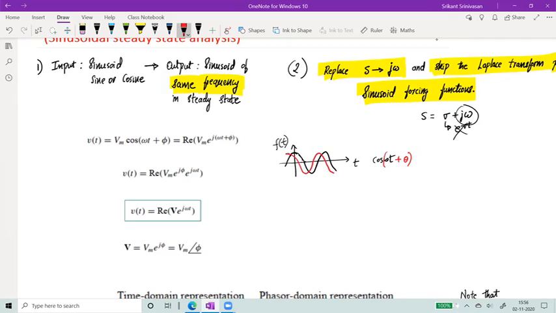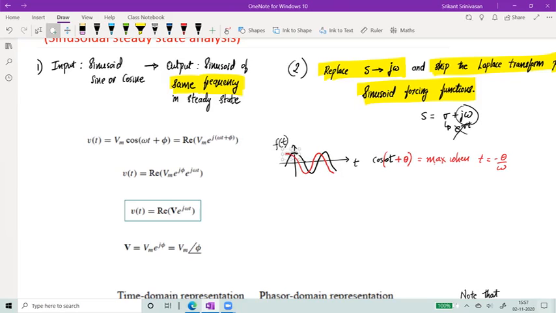right? Because what we have shown is that the cosine has a maximum value when the argument is 0. And the argument, when you have only omega t, is 0 when t is 0. When you have omega t plus theta, then the argument is 0 when t is equal to what? Let me undo this. And therefore, what you would say is that the second function, which is omega t plus theta, actually started before the black one, right? The red one starts before.